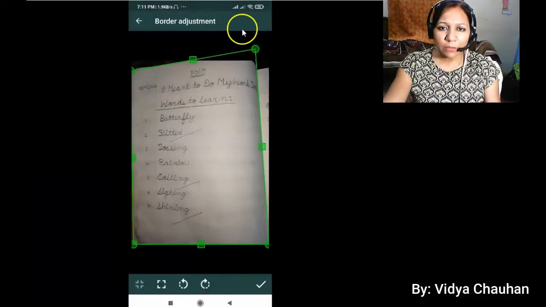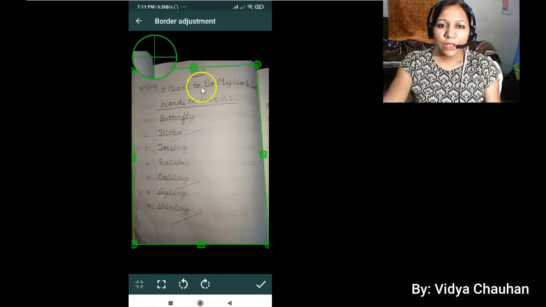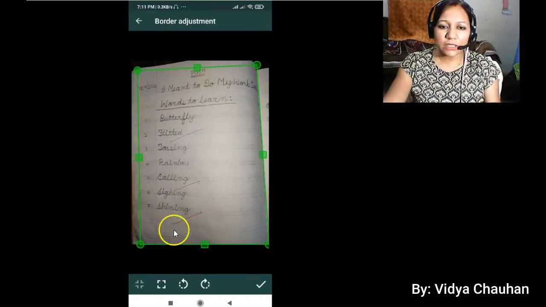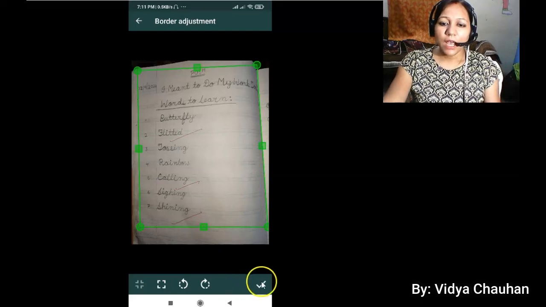Once you click the image, you will see the green margin on all four sides. With your finger on the touch screen, you can adjust the portion on which you have done the work.